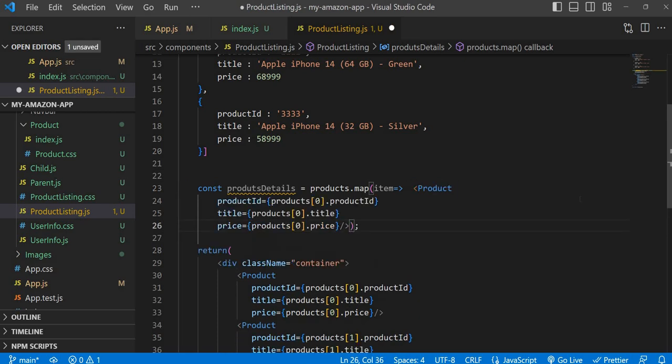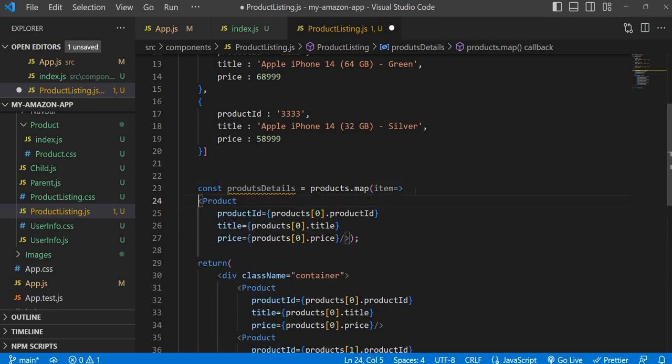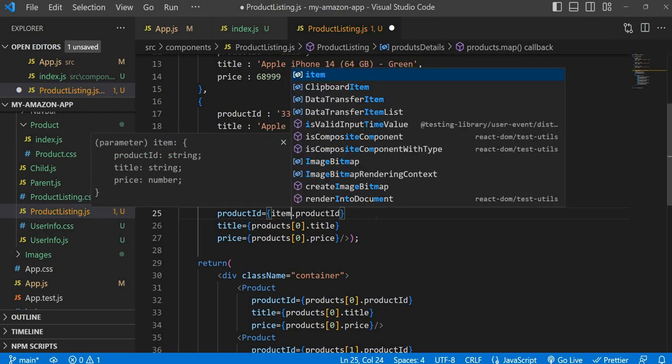This should be like this, right? Product is there, and previously we just hard coded it, but here it will give a new item every time. So instead of putting it like that, you write item.product id,